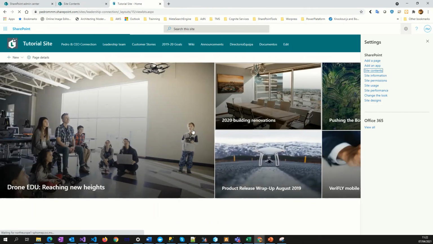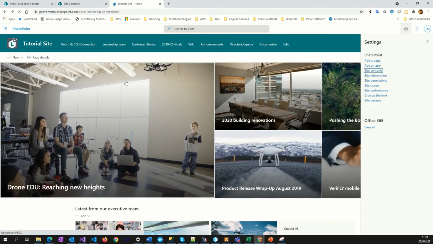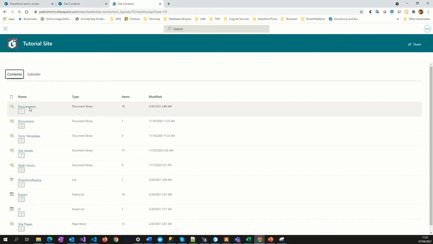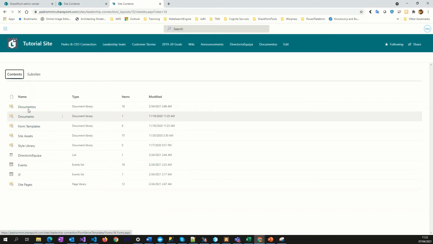And where I want it is in, for example, this library I will show you right now. So I want it, for example, in this library documents, right? So shared documents, the default. Okay, so now let's see it.